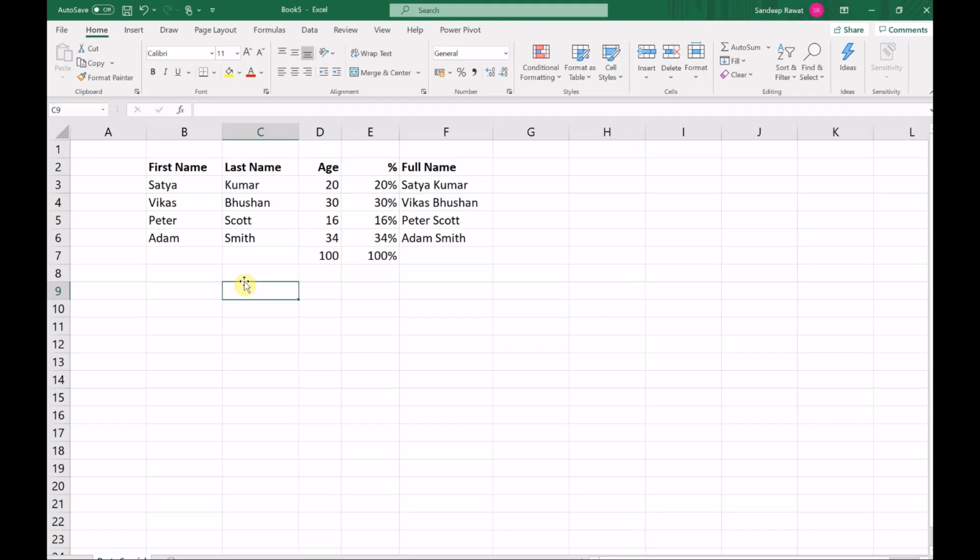Number 5. Paste special values. Paste special values is a handy tool to use if you have a bunch of data with formulas and you just want to copy all of that information over to another location. So you can see on this, I have a formula that adds B and C together into a full name. I have a formula that does a divided by for the percentage on this, and if I want to just